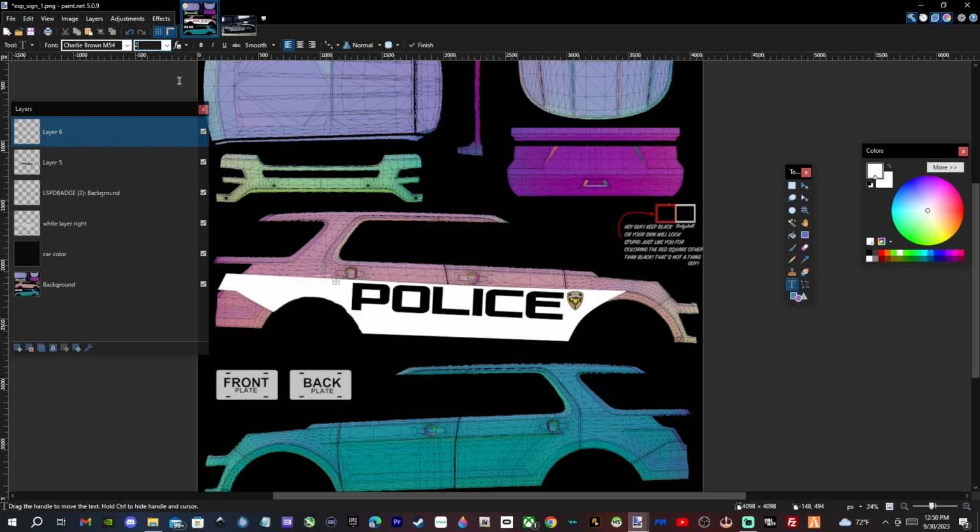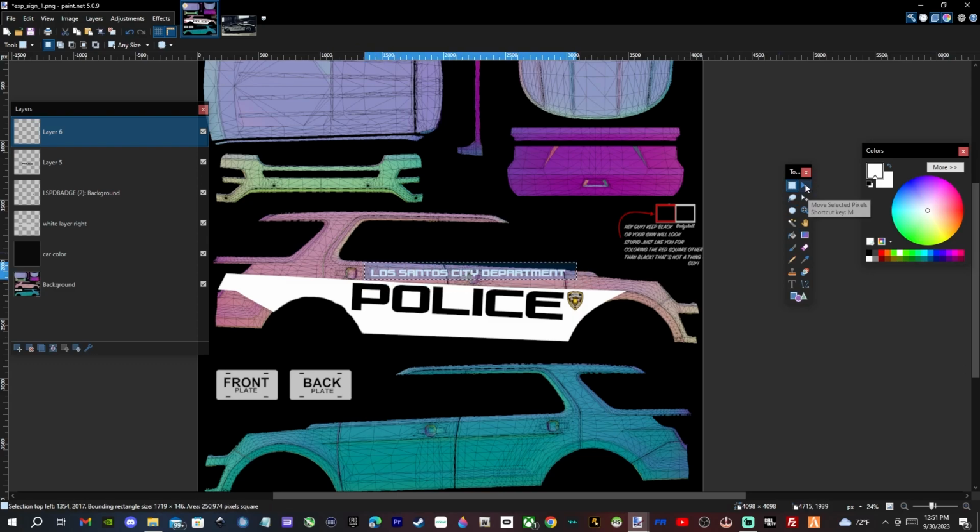Maybe bring it down to like 25. How about that? 25 looks pretty good. All right, once we're satisfied with that, come over here to our rectangular select and highlight that. Move back to the arrow, the move selected pixels. Right? And we're going to rotate it and bring it